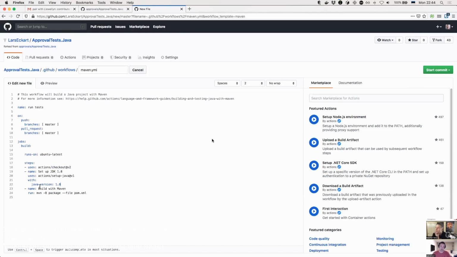Yep. I mean, we can even set up a matrix there that it runs on Java 8, 11, and 14, for example. That's not bad. Let's start though with 8. I'm a fan of start small. Yes, small steps. I would say almost. Let's try if we can rename this here maybe. I feel like the Maven run is incorrect, right?